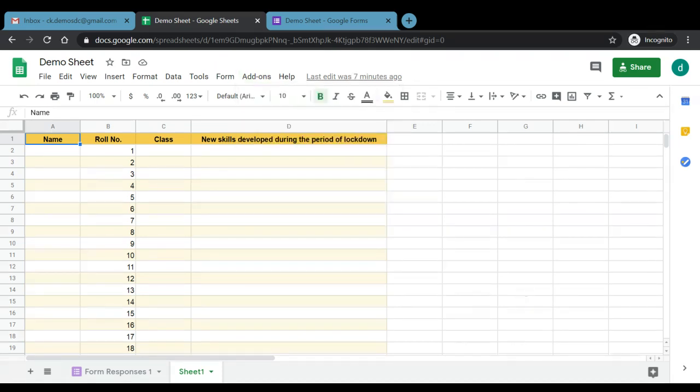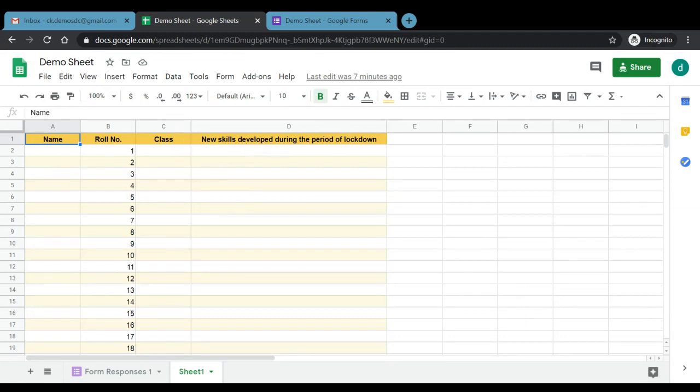So Google Sheets provides us with a number of features that we can use to make it a good collaborative learning tool. Also, it can be used for sharing some content with students as well as with faculty members and also for gathering some data. For instance, right here, we had made the columns of name, roll number, class, and the new skills developed.